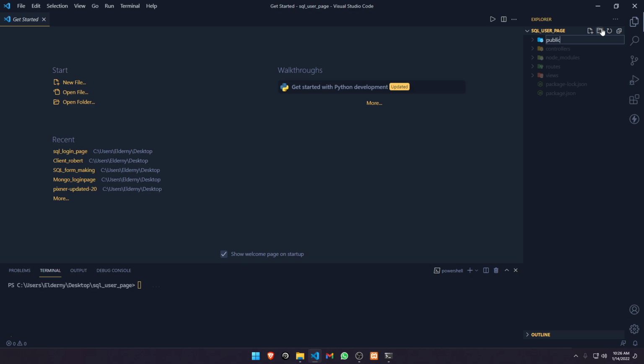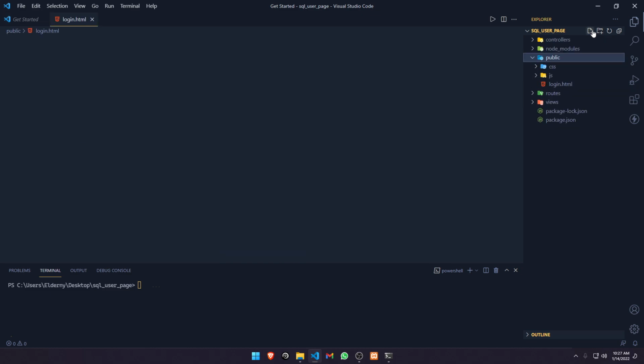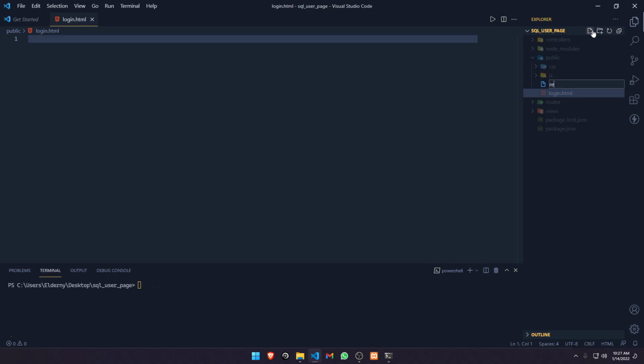And as a normal folder, we're going to have public. Inside the public folder, we're going to have a folder called JavaScript, and another folder called CSS. We will not be using CSS, but I'm showing you as a normal practice. Sorry, I need to have this inside the public. We're going to be having login.html, and register.html here, and in the views we're going to have